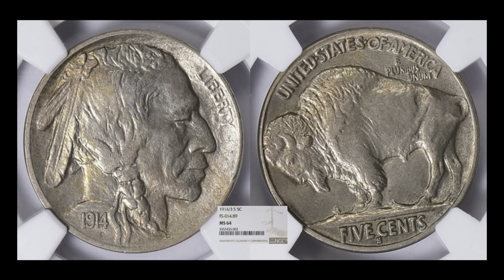This one has the old FS attribution number 014.89 on there. This one grades out 64. Again, it's a really pretty coin. It's got a little bit of that cabinet toning. It's been sitting in maybe a jewelry box for a little while. This one sold for $2,081.25. The overdate, the 4 over 3, the top bar of the 3 is not as strong as the Philadelphia